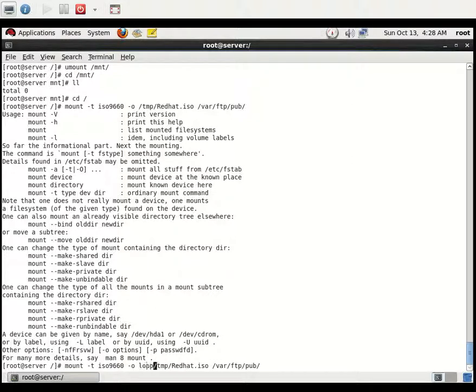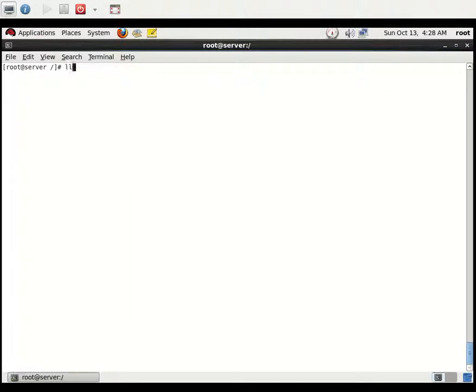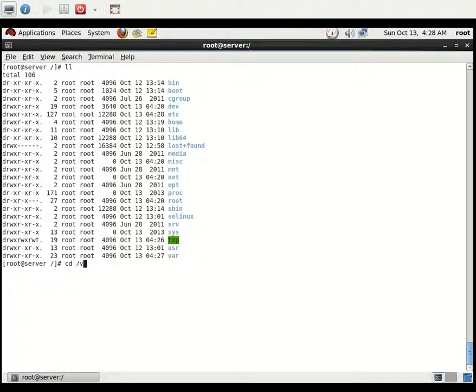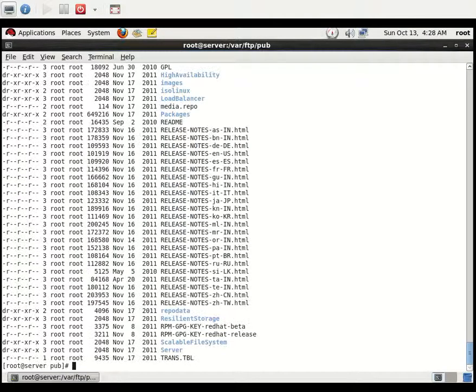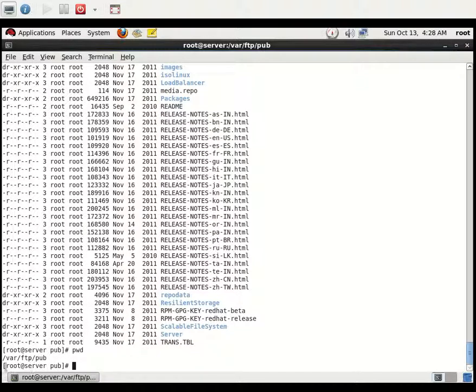The loop option was not mentioned, and the file has been mounted under /var/ftp/pub. Let me list it. The file has been mounted under /var/ftp/pub.